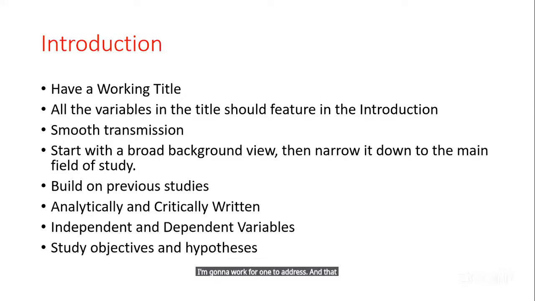For example, there is the prevalence of obesity and hypertension in a particular community. That means you have to discuss obesity, you have to discuss hypertension, and you have to link them. And then you have to provide the gap. The gap is what the reviewer or the editor will be looking for. Is there any justification for this study? It is in the introduction that you justify the study. Why is it thought necessary? Is the study necessary at this point in time?